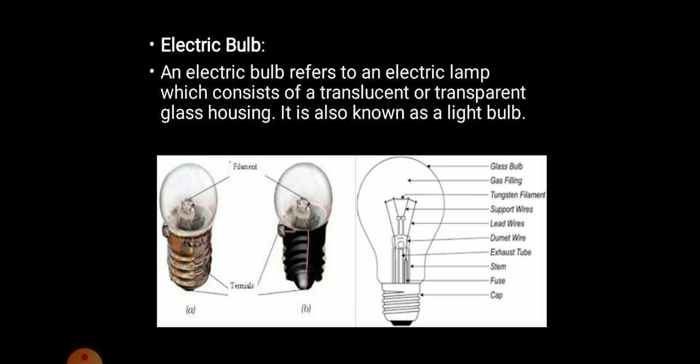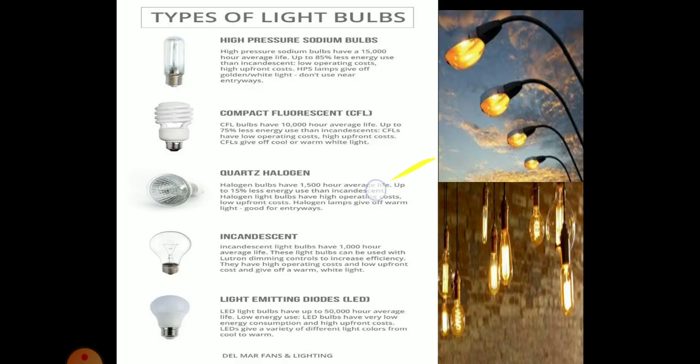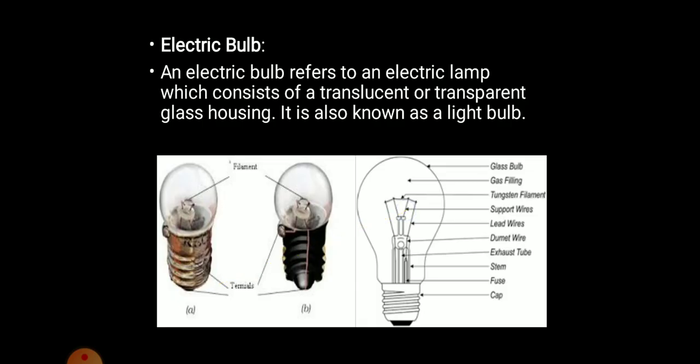As you can see, there are two electric bulbs over here. This bulb has been used in torches or small LED instruments, whereas this is a conventional electric bulb, wherein different parts are mentioned. The first one is known as the glass bulb. The gas present inside this bulb is nearly argon. The filament through which the heating effect takes place is the tungsten filament. A supporting wire is there, that is molybdenum wire, which supports the tungsten wire.